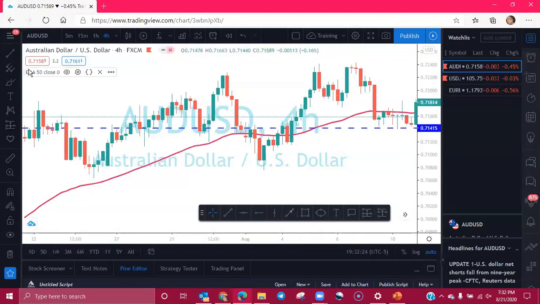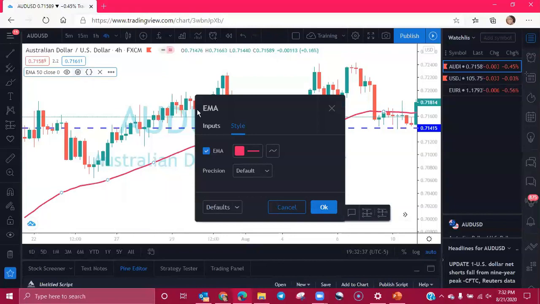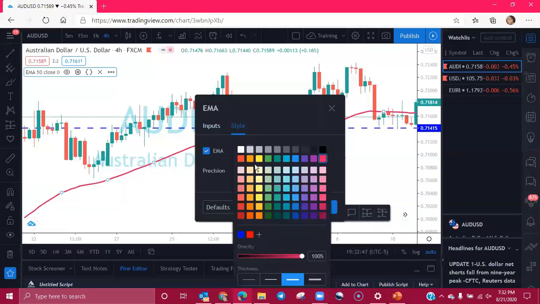Okay, so you have your indicator here. You're going to take your mouse and hover over that indicator so it can pull up your options here. And you're just going to go over to this settings wheel, click on that, and it's going to pull up this setting box. You can choose to edit your inputs and your style. So your style will be like the color of your line.